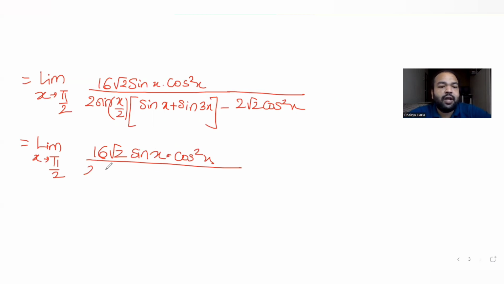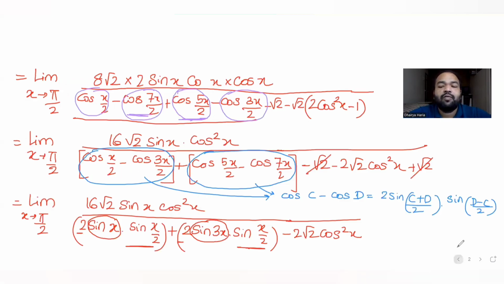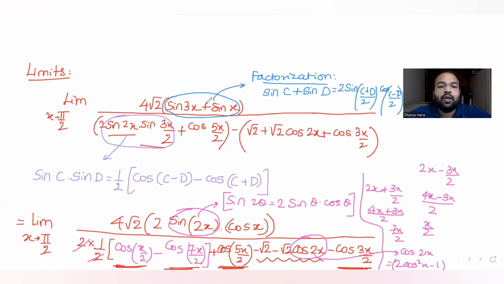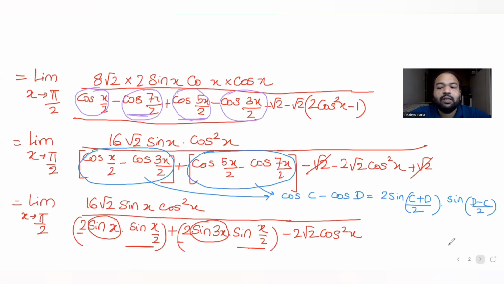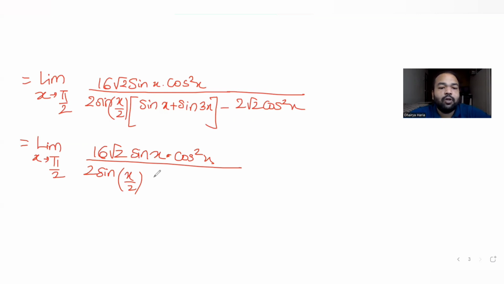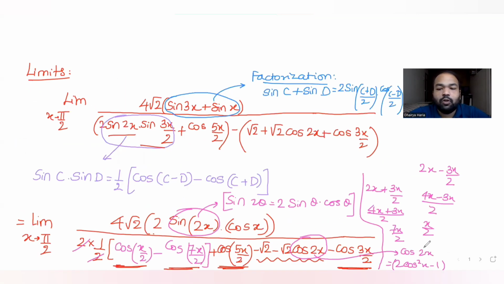And here if you see, I get 2 sin x by 2. Sin c plus sin d, again a defactorization formula as we saw in the first thing. Sin c plus sin d, it was also the same, sin x plus sin 3x. So I can just copy whatever solution we got here. So we got 2 sin 2x into cos x, right? Because I have the same thing, sin x plus sin 3x here also. So it came out 2 sin 2x into cos x